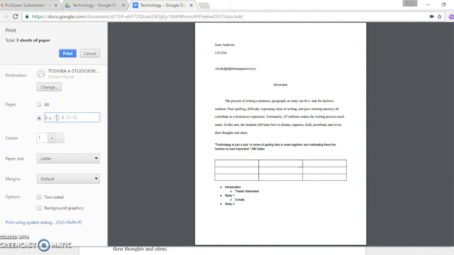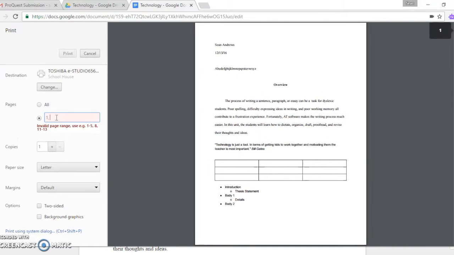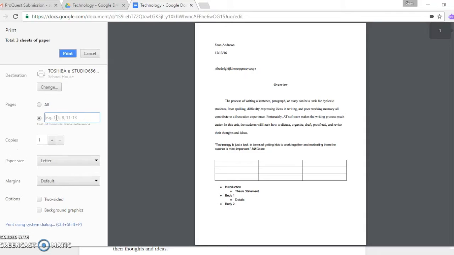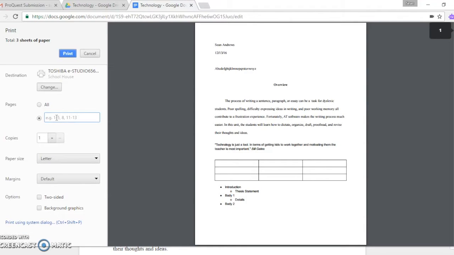So here, if you had a 10-page paper or maybe a website where the end is all advertisements, you could say you only want to print 1 through 5, or you could do 1, 4 through 6, or however you want to choose. This is only 2 pages, so it's not necessary, but I just want to make sure that they understand how to use the print range. We also want to make sure they know how to make extra copies right here,